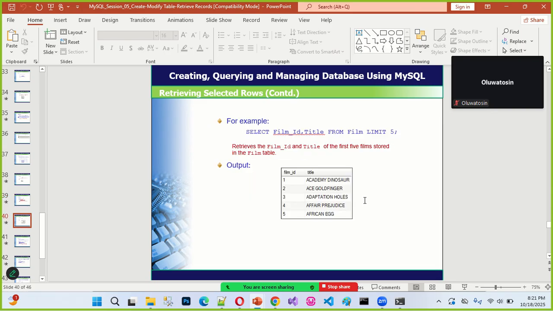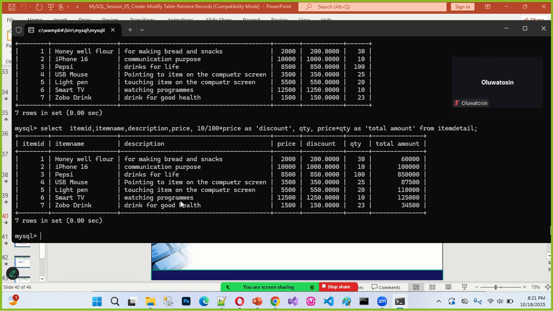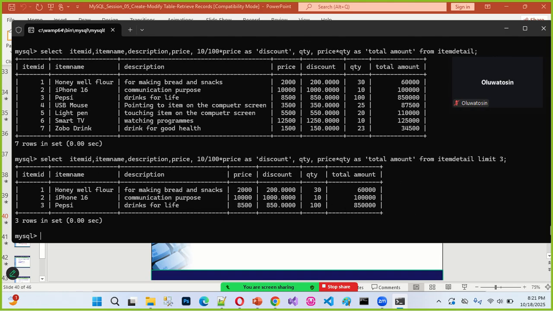So returning down here again, I say select record from table limit 5. That means the system returns the top 5 records, just like we have here. If I want to see the top 2 records from my item table here, I can say, after the system completes the calculation, I can now have this called limit. I say limit to 3. That is, I want to see the top 3 records from this calculation. Can you see now? This is the top 3. I can say limit 5. That is it. So that's how this particular limit works.